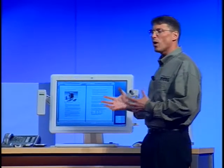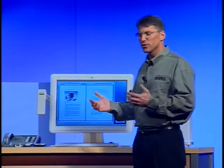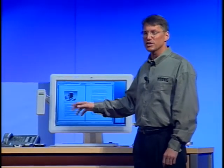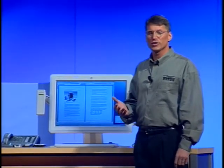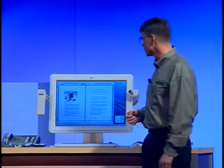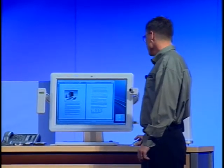So I can't show you all of these integration scenarios during the keynote today, but we have working demos of practically all of these up in the innovation room. And I encourage you to stop by this afternoon to room 265 and experience them for yourself. So let's take a look at this